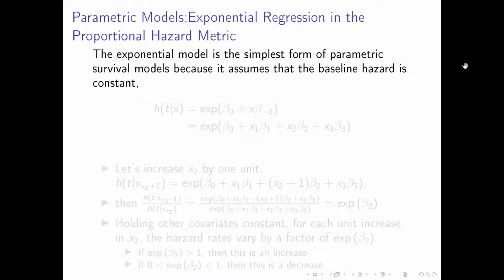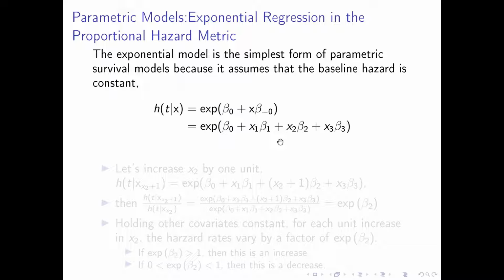Next is about interpretation. So how to interpret the coefficients after we obtain the results. Let's say after we obtain this hazard function, given covariates. So assuming here we have three covariates, x1, x2, and x3, and an intercept beta 0, along with beta 1